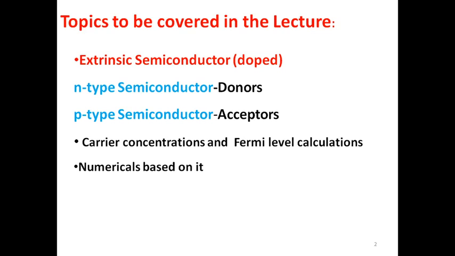What is meant by semiconductor, how we distinguish between semiconductor, metal and insulator, what are the types of semiconductor, especially intrinsic semiconductor and extrinsic semiconductor, and the basics of that. We also studied how we can calculate the carrier concentration in an intrinsic semiconductor, that is, the carrier concentration for electrons and for holes, as well as the calculation of the Fermi level for intrinsic semiconductor, where EF is equal to EG by 2, which we studied already.